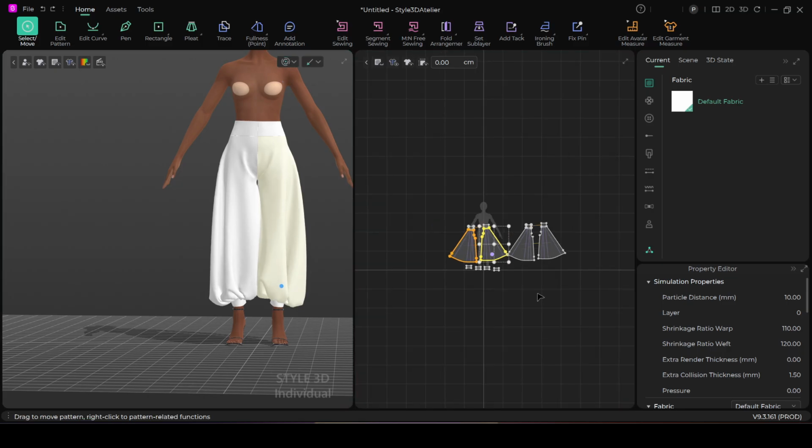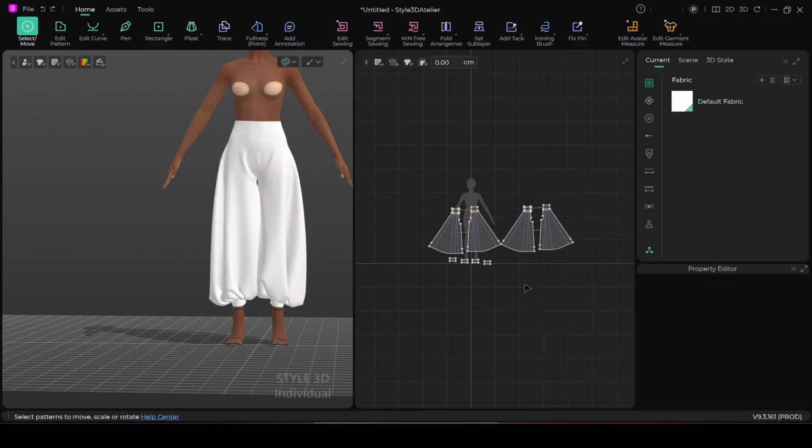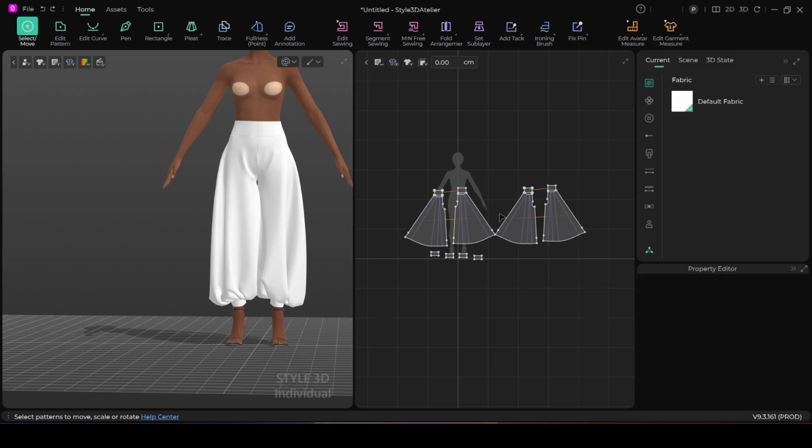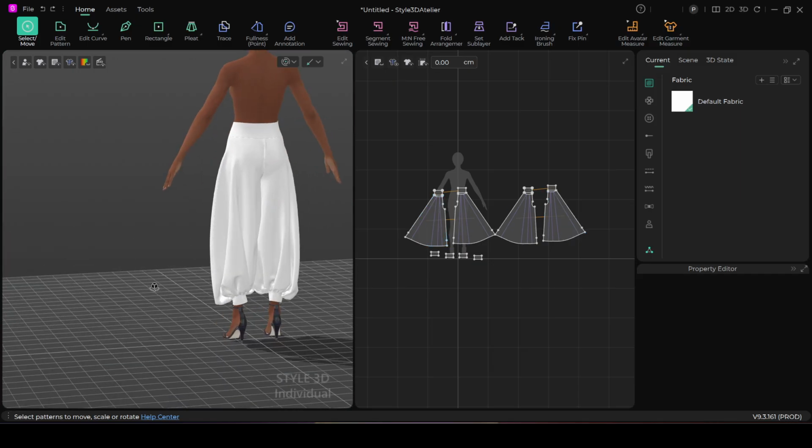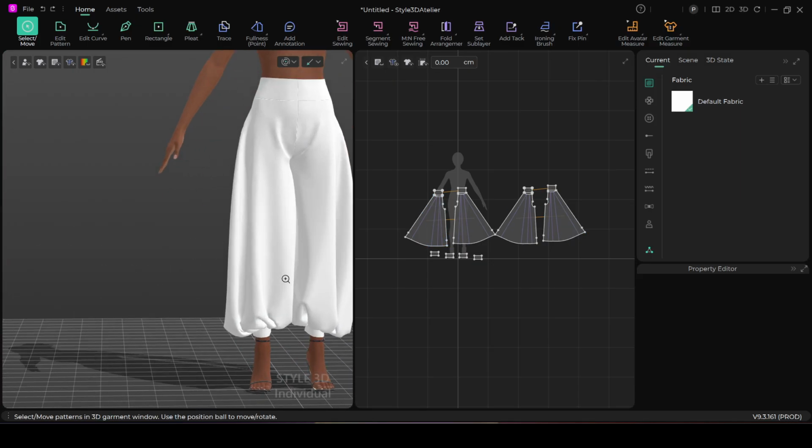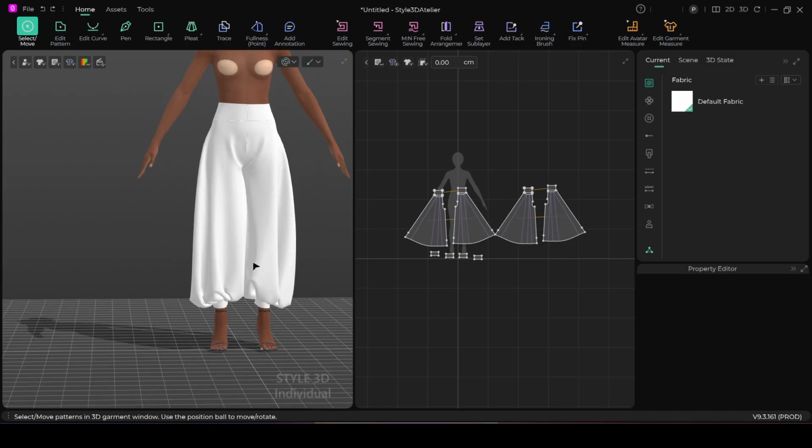Now, another thing you can do for the fabric, oh, I think we had only selected a couple of pieces. Because remember, you have to select your pattern pieces. You have to apply these properties to your pattern pieces. Make sure they're all selected. Another thing we can do is, depending on the type of fabric we want here,